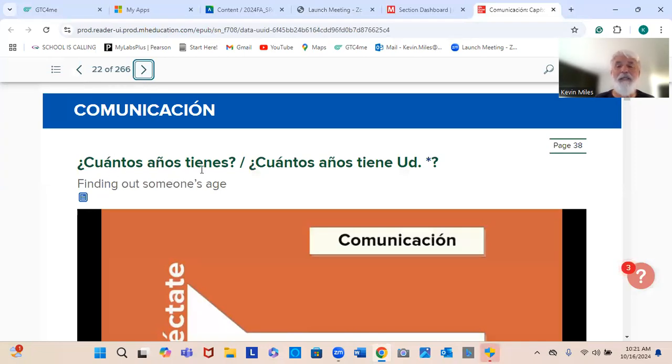In Spanish, here's the signature question. ¿Cuántos años tienes? ¿Cuántos is a question word. It means how many. Años means years. The N with the line over it is pronounced like an NY, años. And there's our verb tener. How old are you? You need to know how to conjugate the verb tener in the present tense. We learned that in chapter 1. That's for friends and family. For someone you don't know, it's ¿cuántos años tiene usted? You use the formal you, and tiene is the conjugation.